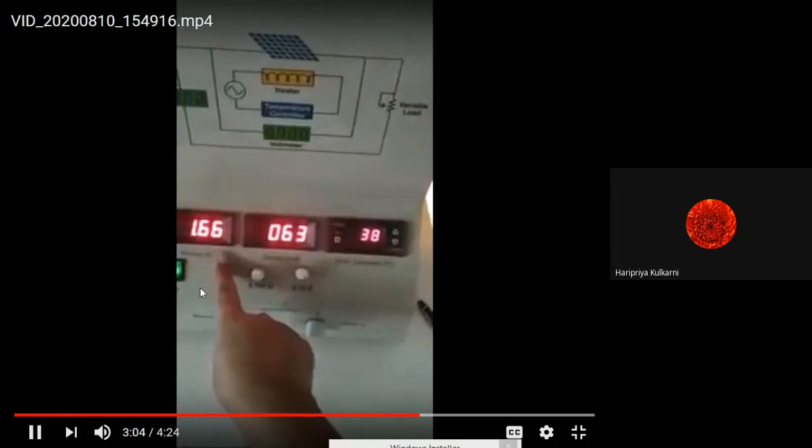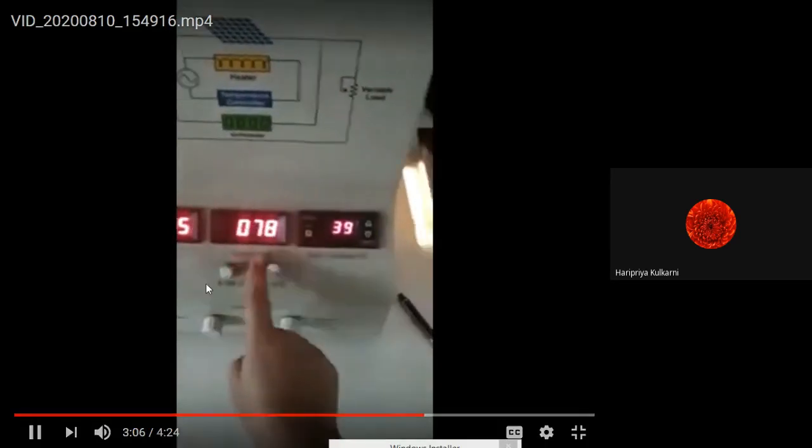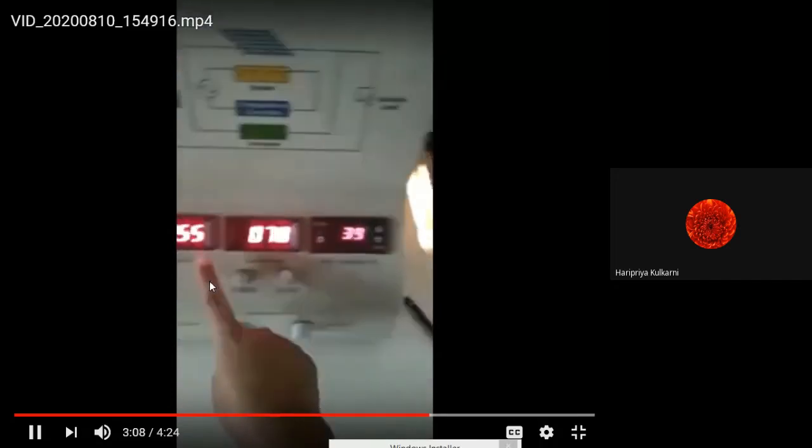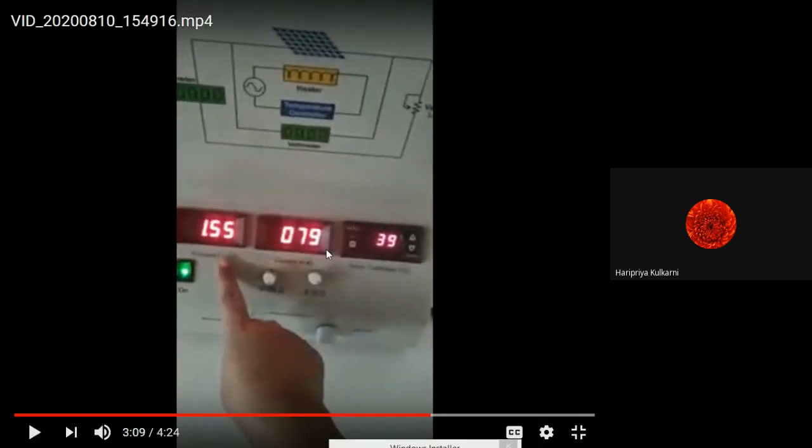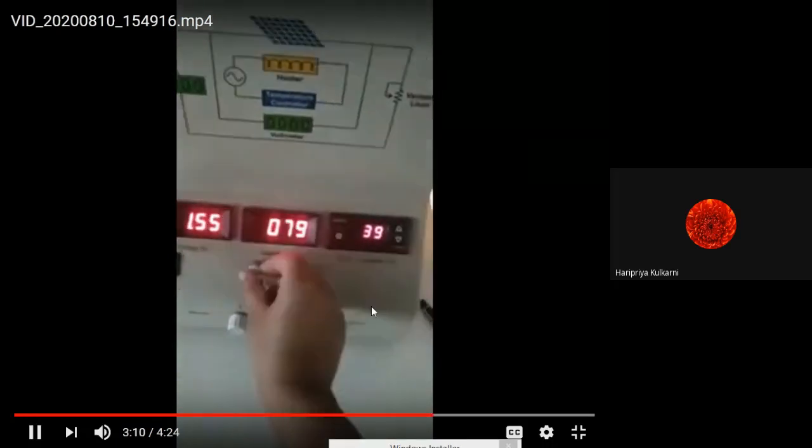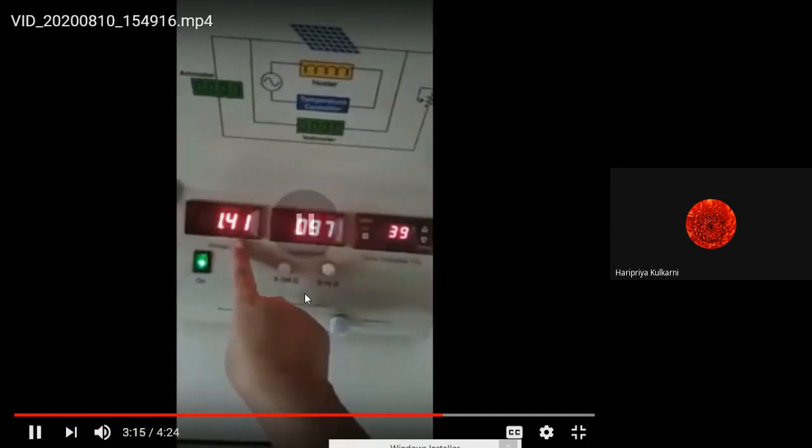I hope you are taking down the readings. Next reading, 79 milliampere and 1.55 volt. Next reading, 97 milliampere, 1.41 volt.